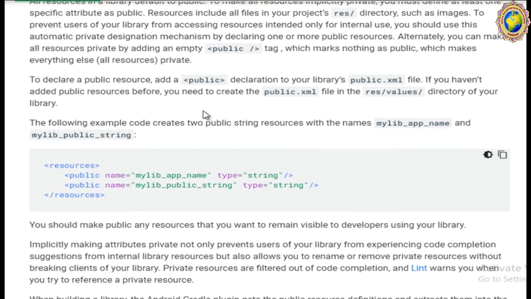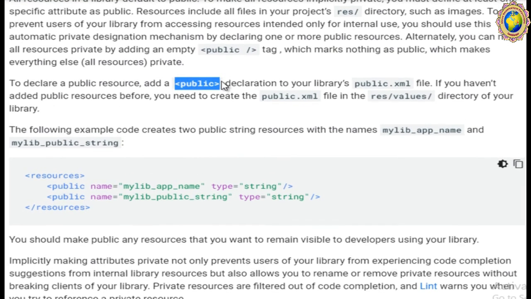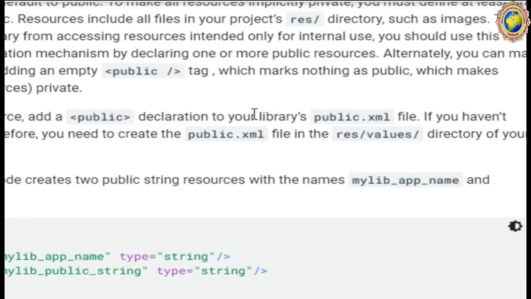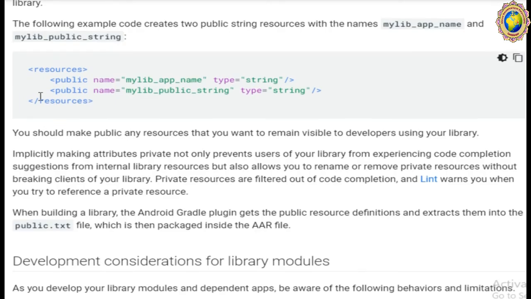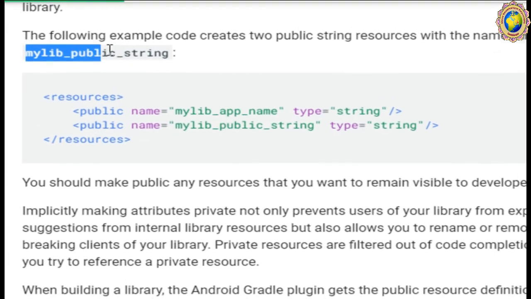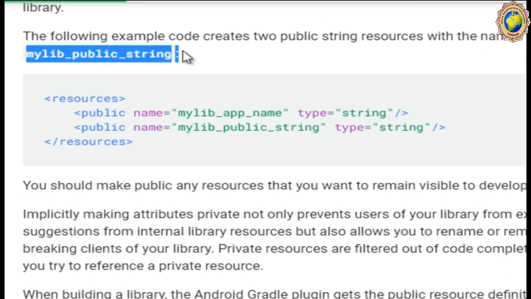Okay, so how to declare the public resource? We have to add the public declaration into your library's public.xml file. If you haven't added public resources before, you need to create the public.xml file in the res/values directory of your library. The following example is mylib_public_string.